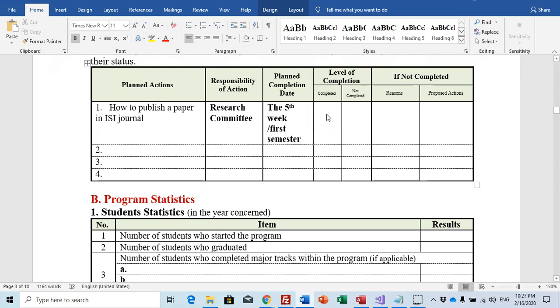Completed, yes or no. If no, you have to write the reason and other proposed actions. If yes, do not write the reason and proposed action.